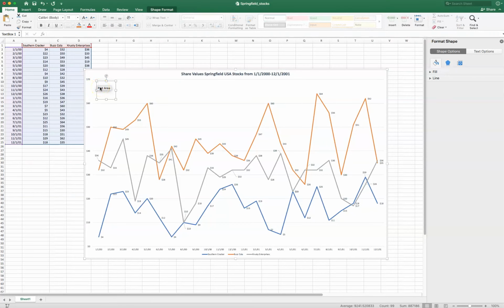And just say, all values are in US dollars and date intervals are the first day of every month in 2000 to 2001. So that way we know that,